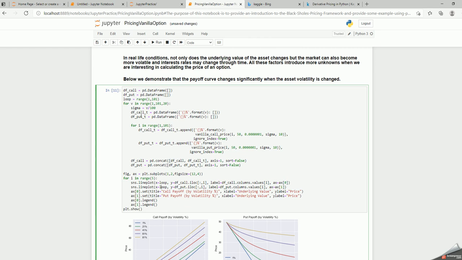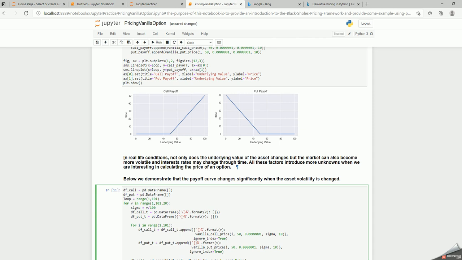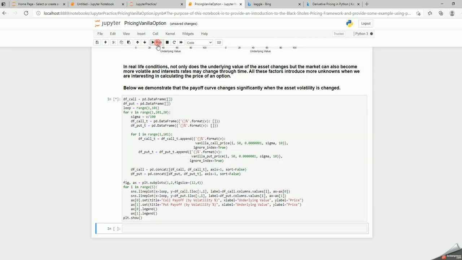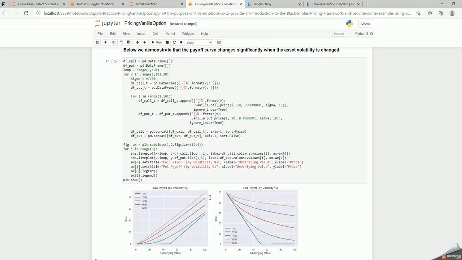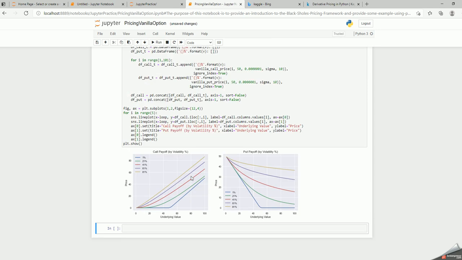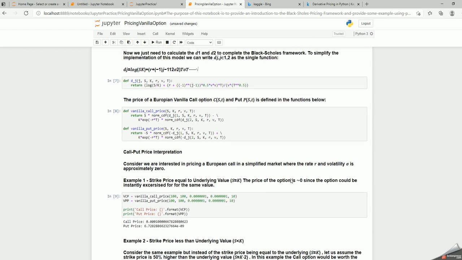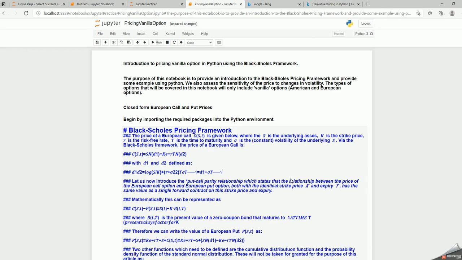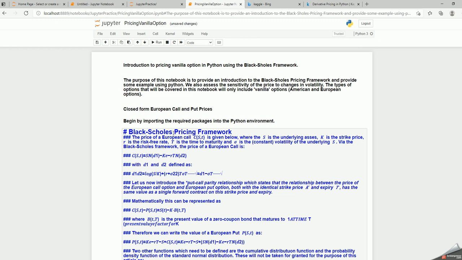Similarly, finally they have call payoffs and put payoffs in a graphical format. You have to read through this, and I think it explains what it does, with some notes around it. I'll just show you. Look at it, it took us a little bit of time, but you can see the graphs are created. So this is how you can run your option pricing on the